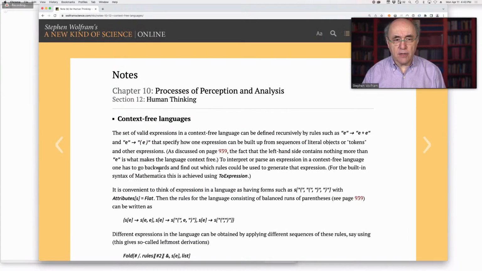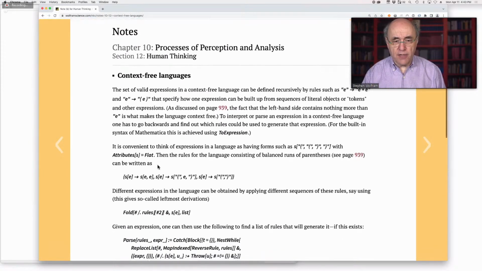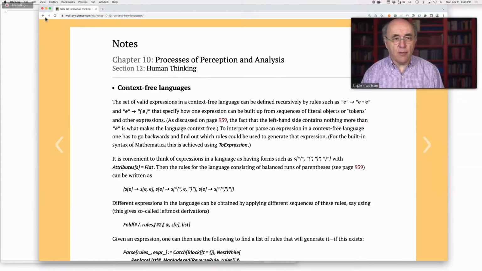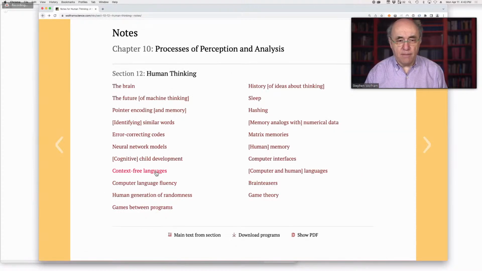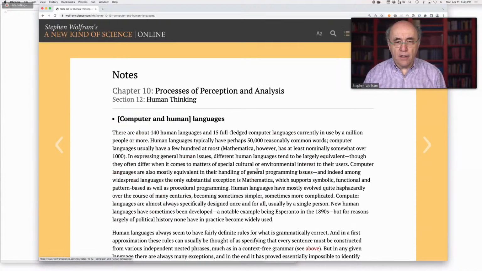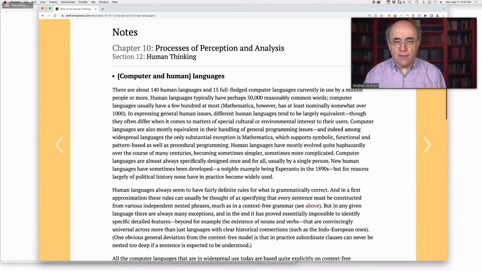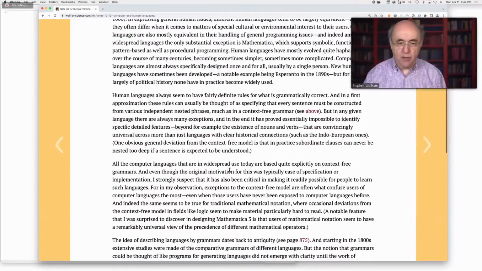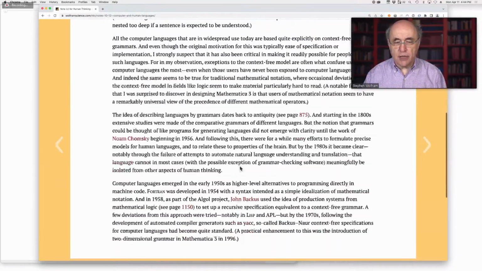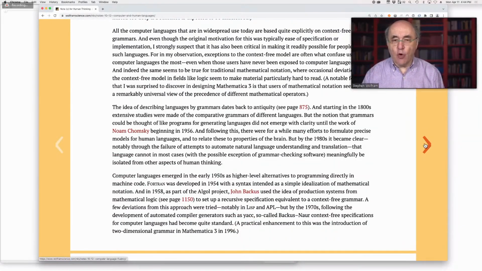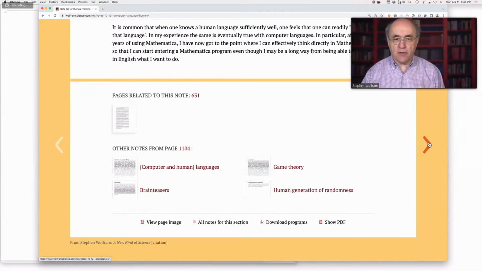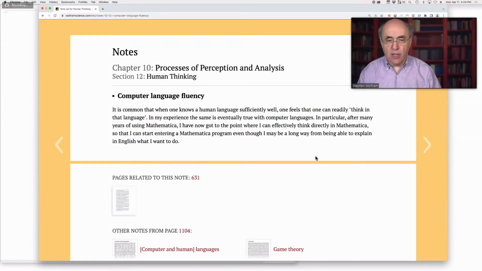I think I talk about, oh boy, context-free languages here, the way that we set up human languages, just another kind of method for representing things that involve thinking. And this is a description of what I would now call computational language, and the extent to which the raw language has this particular context-free form, and to what extent it's possible to learn. We can learn language, but we can learn language because it has certain kinds of regularities.